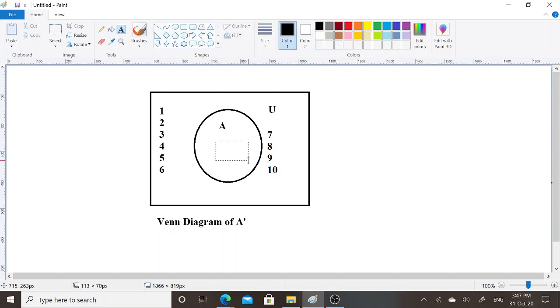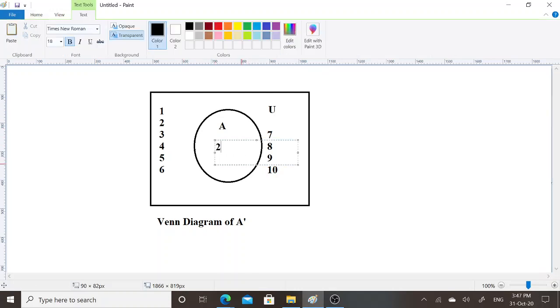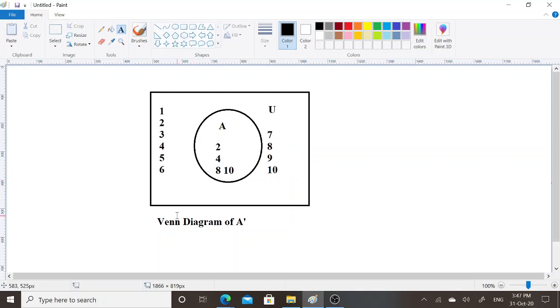Here I need to include 2, 4, 8 and 10. And I will have to remove 2, 4, 8, 10 from this A's complement. I will remove 2, 4, 8 and 10.